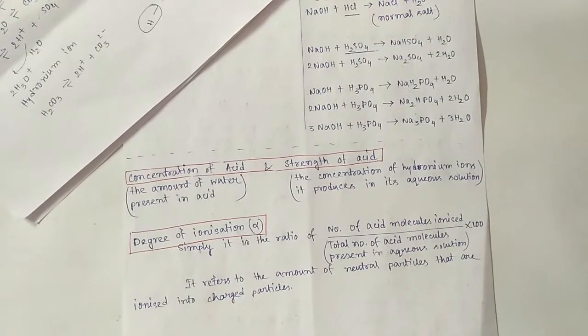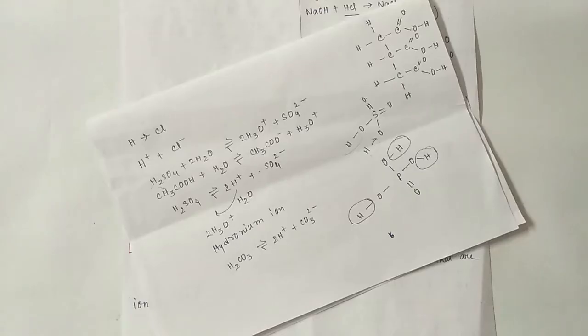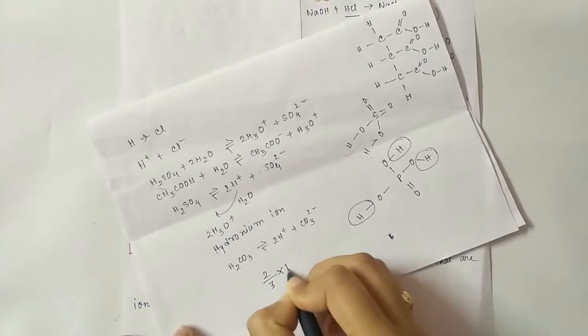It refers to the amount of neutral particles that are ionized into charged particles. For example, suppose you have taken 3 molecules of H2SO4, and in aqueous solution we see only two H2SO4 molecules get ionized and the other one remains the same. So here the degree of ionization will be the number of acid molecules that are ionized, that is 2, and in the denominator we will put the 3 H2SO4, and now 2 by 3 into 100